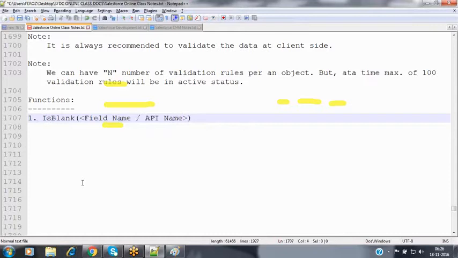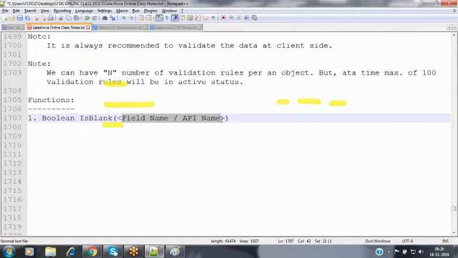The IsBlank function returns a Boolean value to you. As a thumb rule in every programming language, as a coding standard and naming convention, whenever a function name starts with Is, it means it returns a Boolean value, true or false. So IsBlank verifies whether the field we have specified is blank or not.